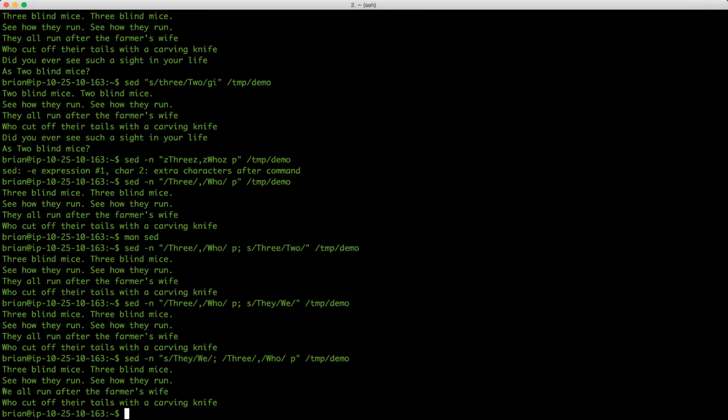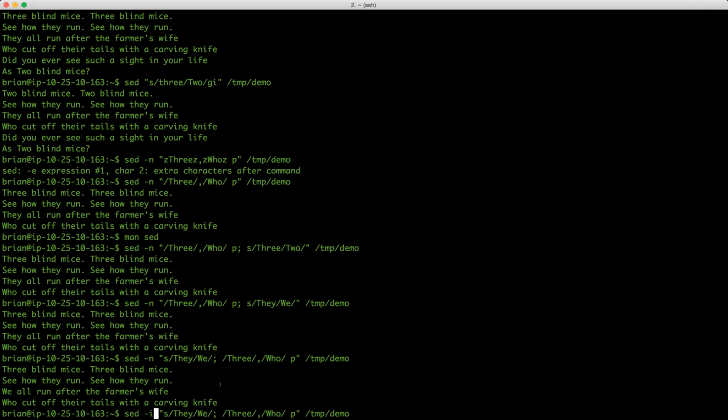So if we switch the they all or to we all. So the semicolon there lets you do multiple commands within a single sed line. All right, now